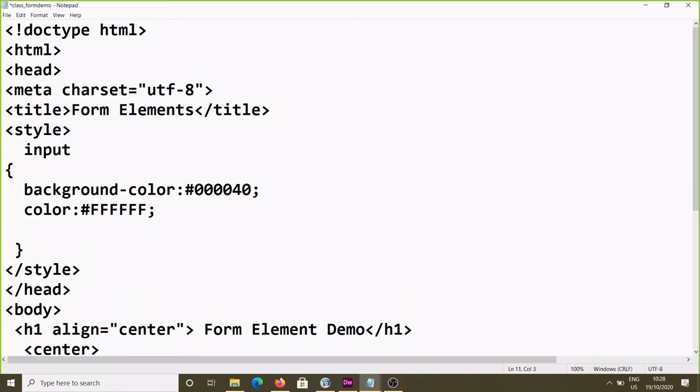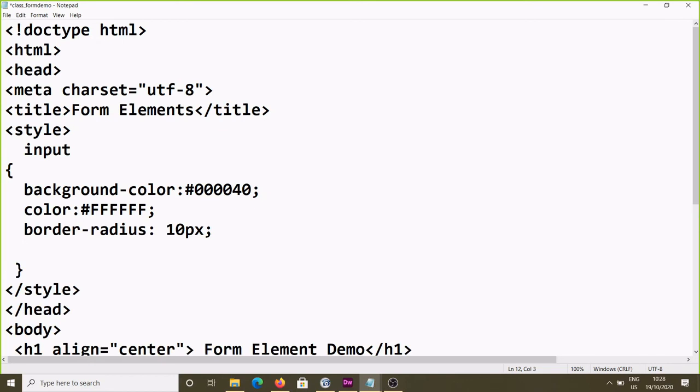And then one more thing, for the input box you can again make some design. That is called border-radius colon, corner, again it will cut. So I'm giving here 10px.